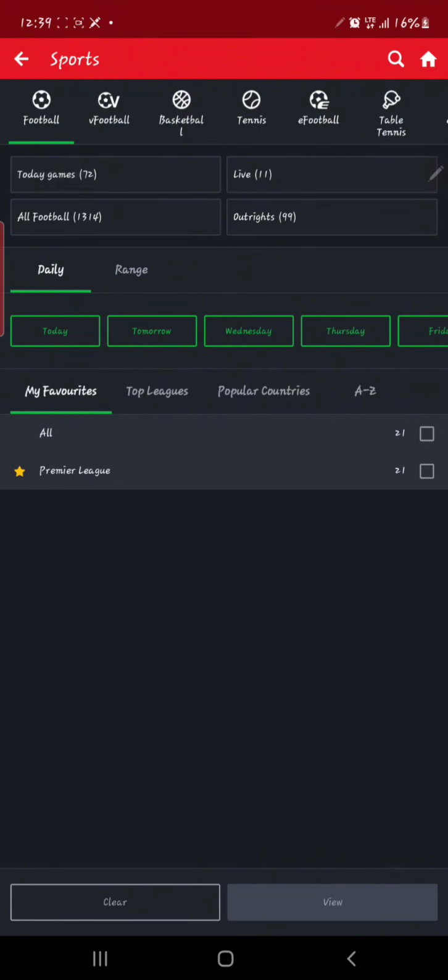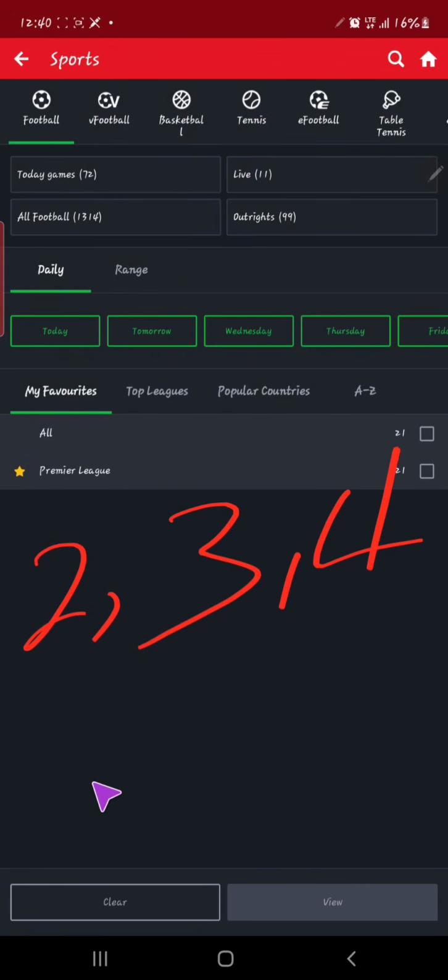Starting from now on, I'm going to be making some videos related to some options that you can carry, what type of option it is, and how it's going to be when they deliver the option. So with those options that I'm talking about, you can make a perfect 2 odds, 3 odds, 4 odds,